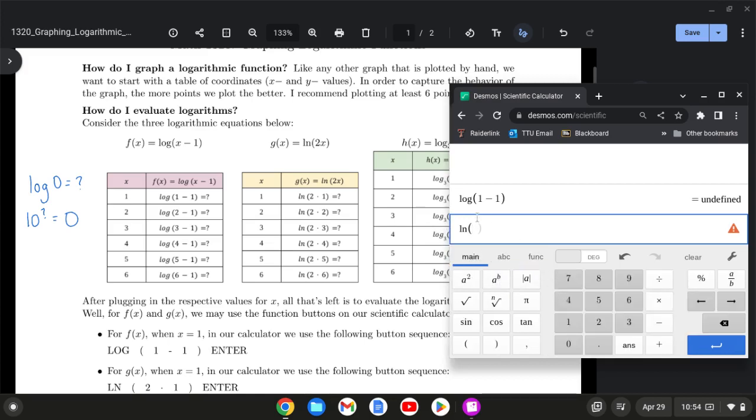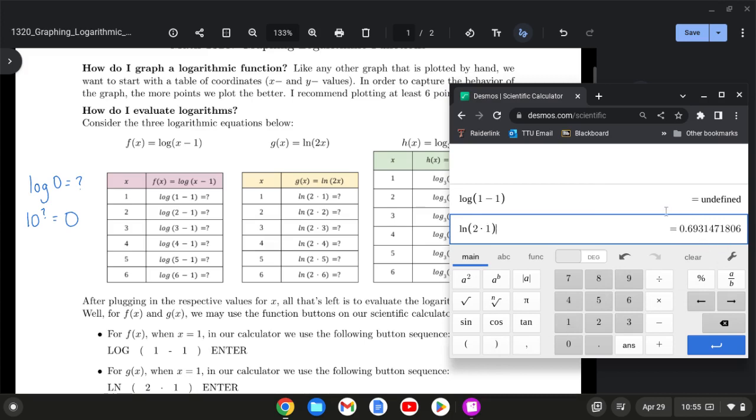And then again, if it doesn't pull up parentheses, I would, because we are performing an operation before we want them to take the log of it. So in this case, we're evaluating the natural log of 2 times 1. So 2 times 1, close our parentheses, and then hit enter, and we get approximately